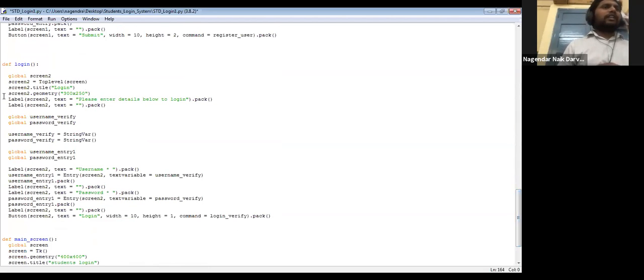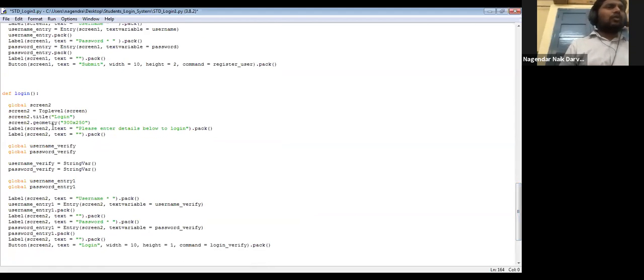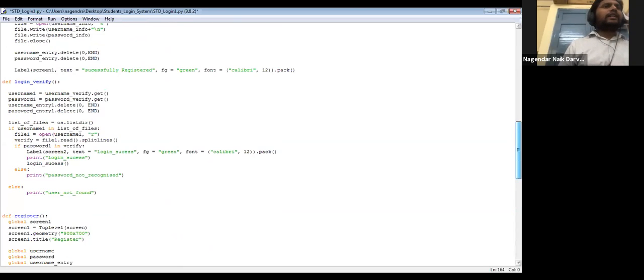In login, again we need to define the screen, and see these variables, every time we need to define global, because sometimes we are using the screen globally everywhere. That's why we made it global. Whatever variable you define in a particular function, and that variable is also used in some other function, then you need to make it global, right? So screen 2 we are using somewhere here in login verify. That's why we made it global.